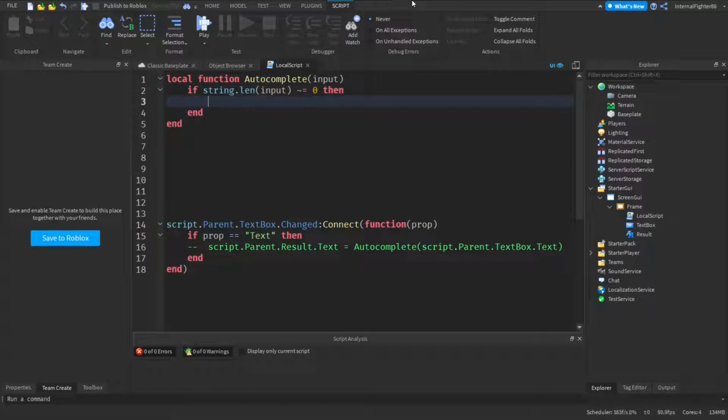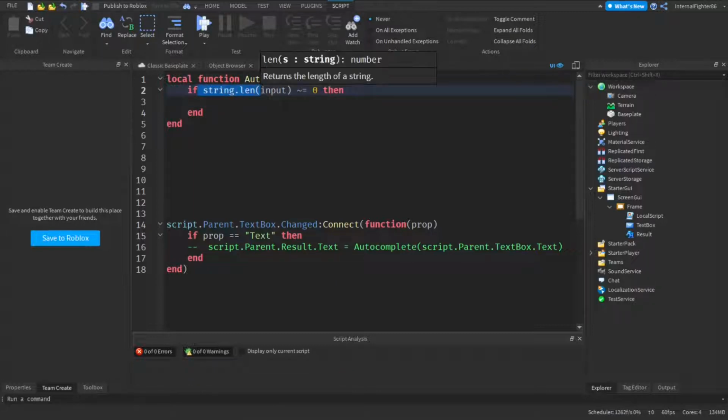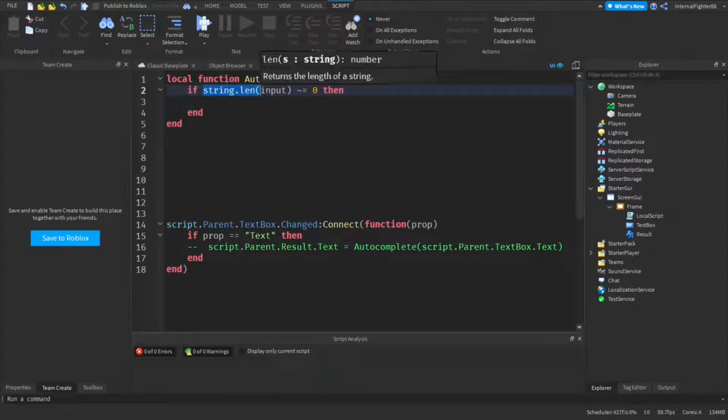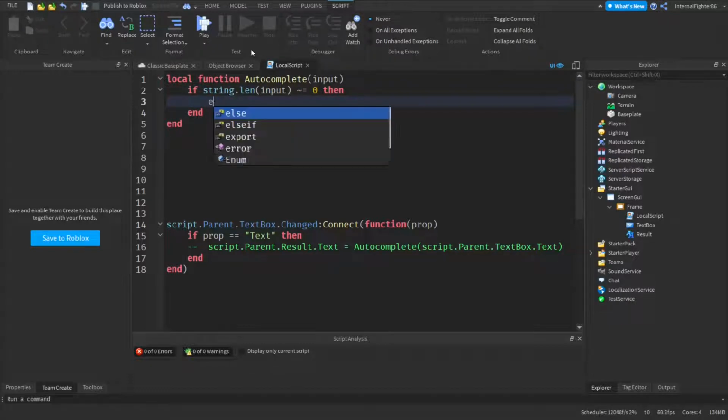Basically, if the length of the input is not 0, the code within here will run. The squiggly line, the tilde, means not equal to. So if the length of the string is not equal to 0, the code here will run. If we do an else,